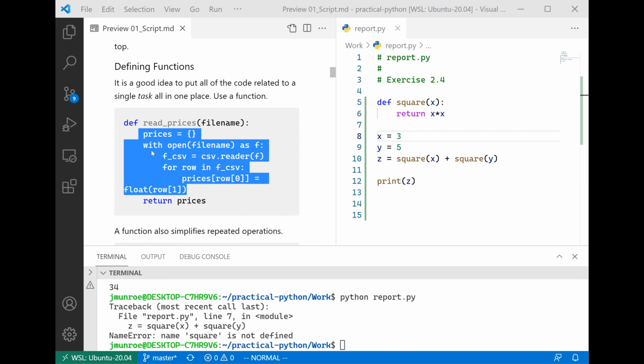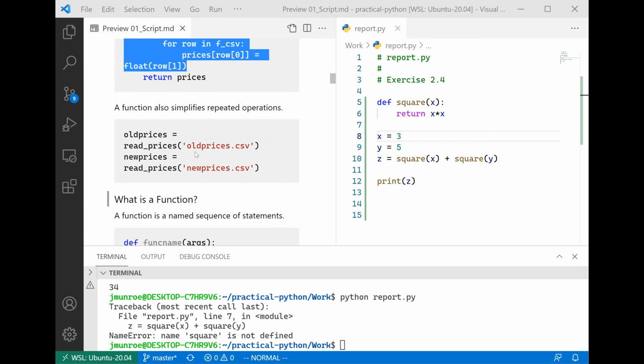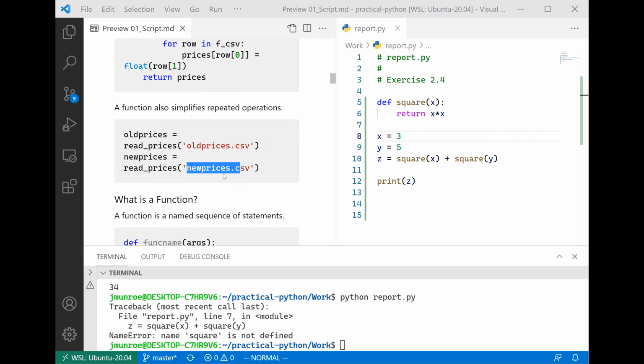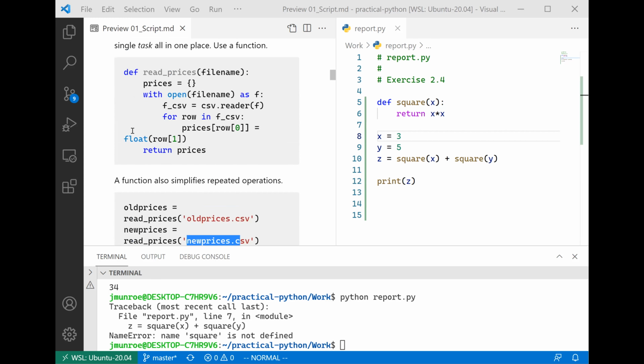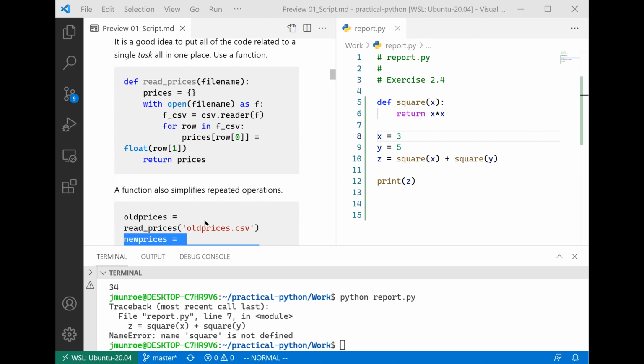What that allows you to do is two things. One is that it gives you reproducibility. So you don't need to repeat yourself if I want to read in the old prices and the new prices. But more so, it gives you a level of abstraction. I don't need to think about the details of how I'm reading the prices in. It's sufficient for me just to know that I'm reading the old prices and I'm reading in